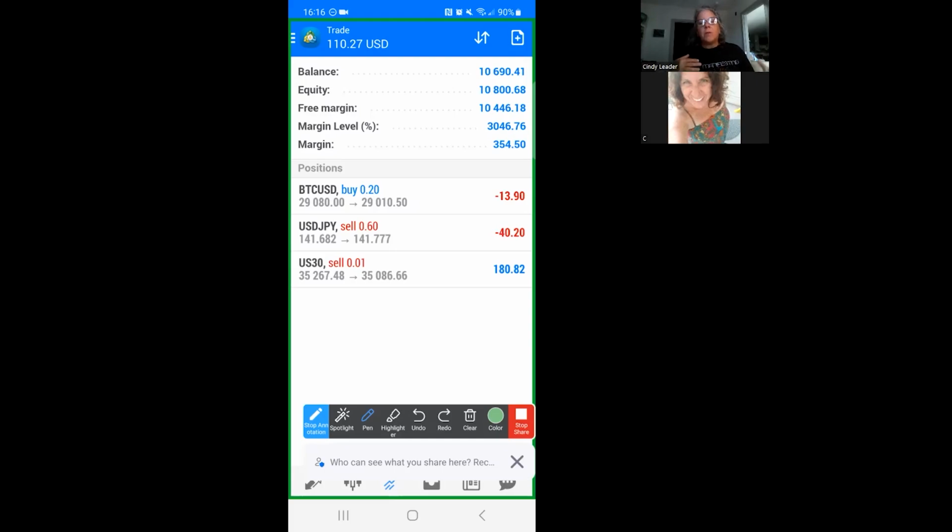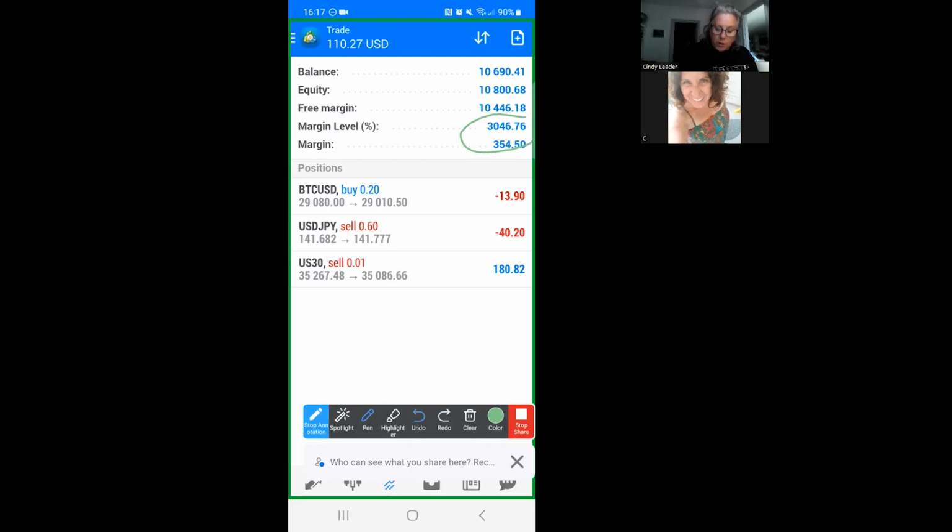So the more margin you have as it goes up, the more free margin you have. Again, I don't look at the margin. I notice the free margin, I watch that equity, but the kicker is that margin level percentage. Okay, this is so important. You can never let this number get below 100. You can never let this number get close